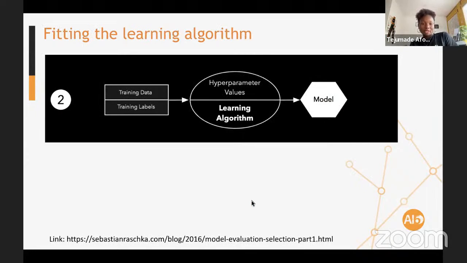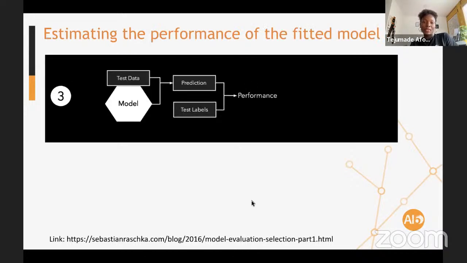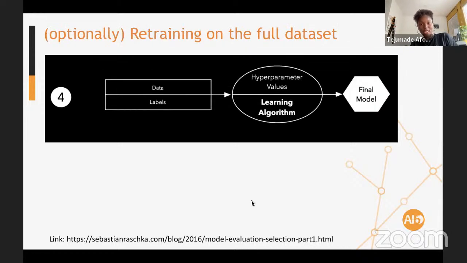Once you have that, you train your model, you learn with the training data, you have a learned model. And then you estimate the performance of your fitted model on the holdout test set. Then you have the performance. And optionally, if you're working in a real life setting, you may need to retrain on the entire data once you have the right parameter value for your learning algorithm.